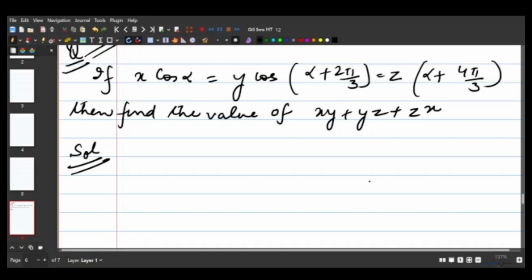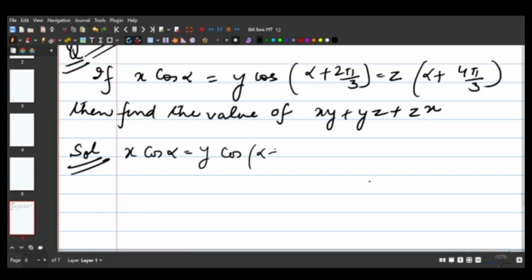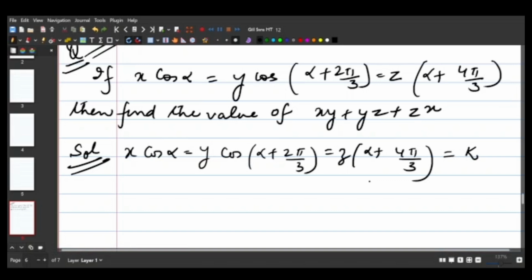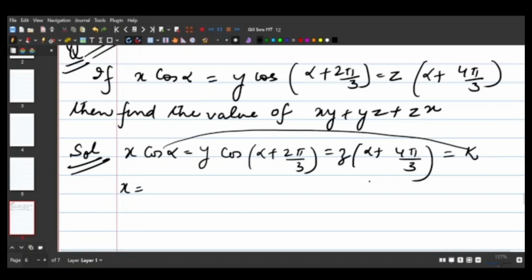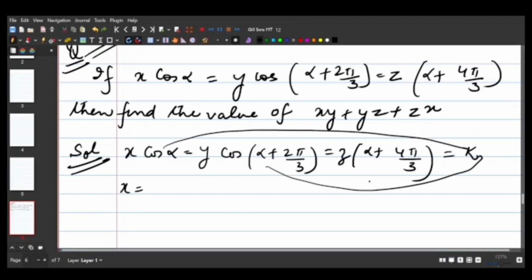First of all, if these three expressions are given to be equal, we can assume all of them to be k, right? I'm going to take x cos alpha, y cos(alpha plus 2 pi upon 3), z cos(alpha plus 4 pi by 3), that is equal to k. Now you equate first term to k, second term to k, third term to k, and from there we are going to get the values of